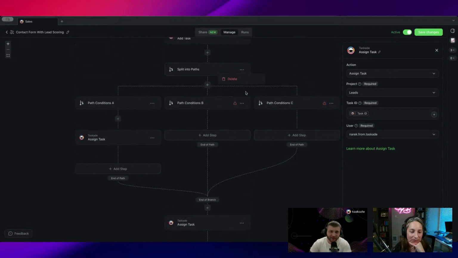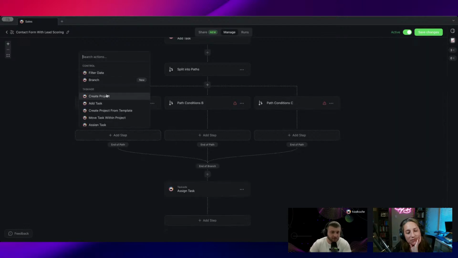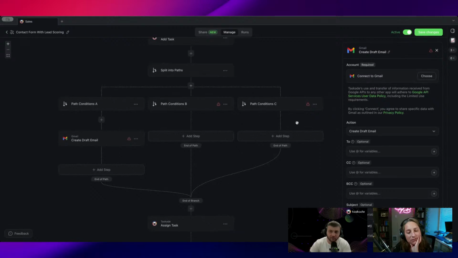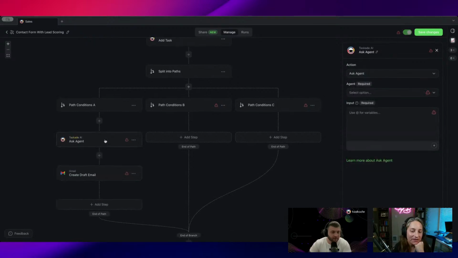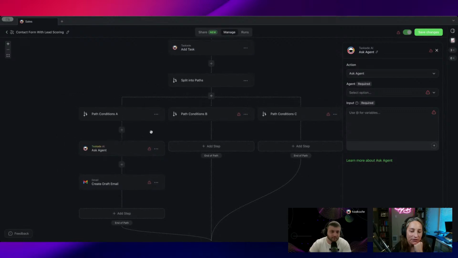Yeah, you can create a draft email at this point. But that'd be cool. So in this case, if it's a low value lead, you can do create draft email. Well, actually, I meant send an email to, I guess you could send it to anybody, but I meant send an email to, like, a sales rep or something that handles all your low value leads. And you could do that, but an easier way